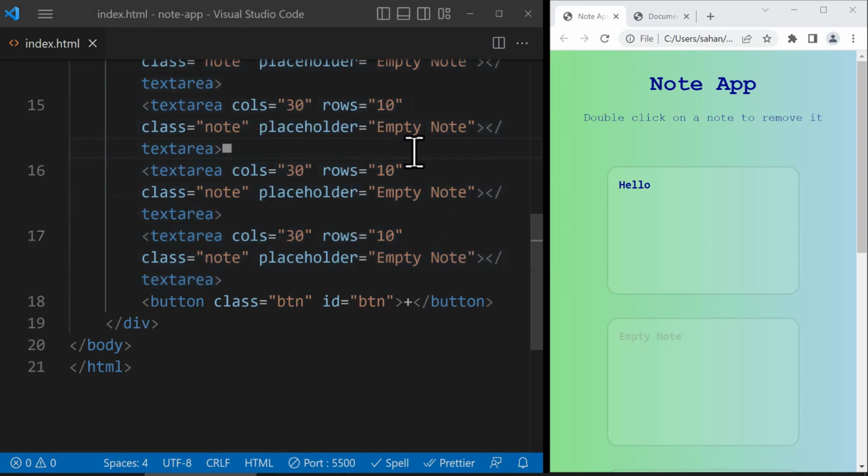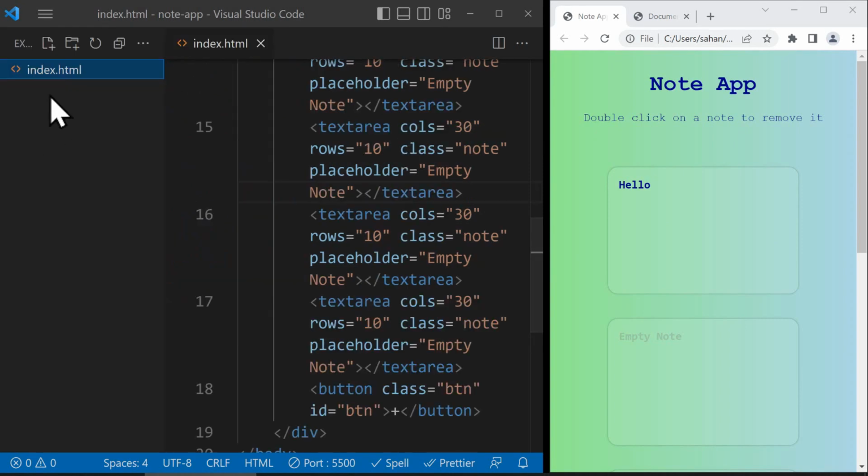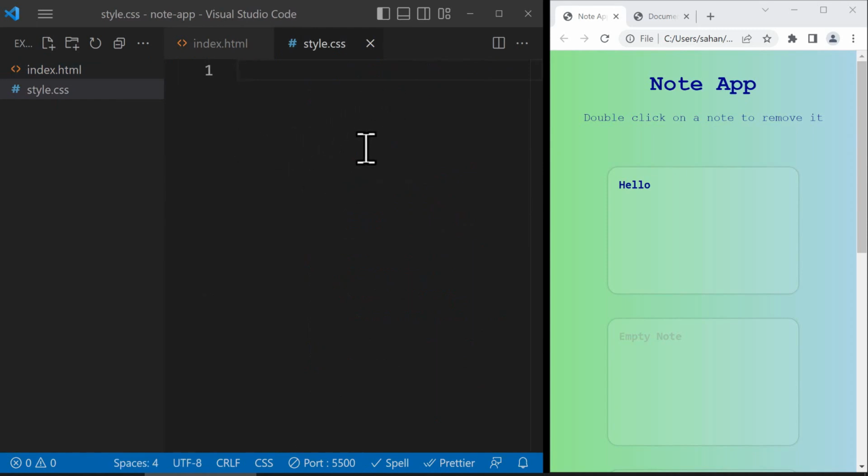The first thing we need to do is to create the CSS file of the project. We can do that by opening the Explorer section. We just can use Ctrl-Shift-E, and here we click on this icon to create a new file, and we call it style.css. The first thing we need to do is to add a link to the CSS file within the HTML file. So we go back to